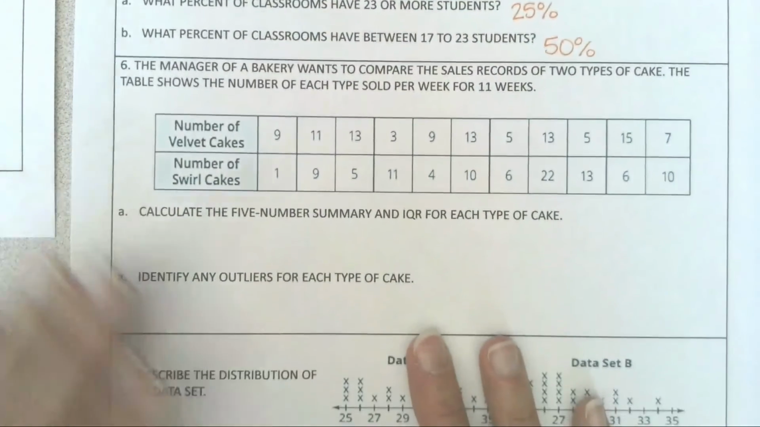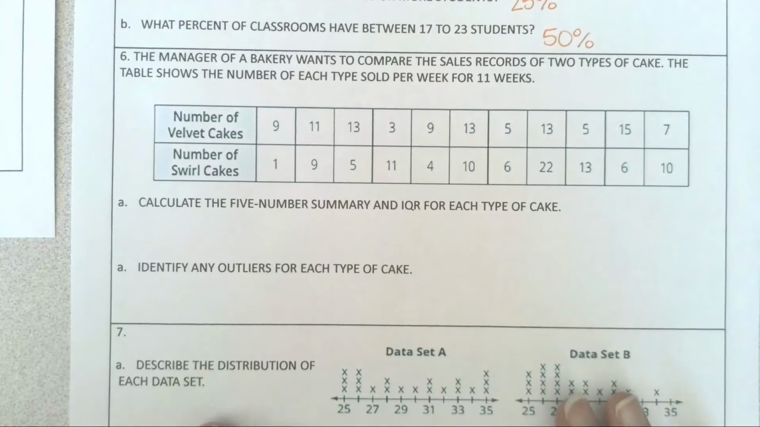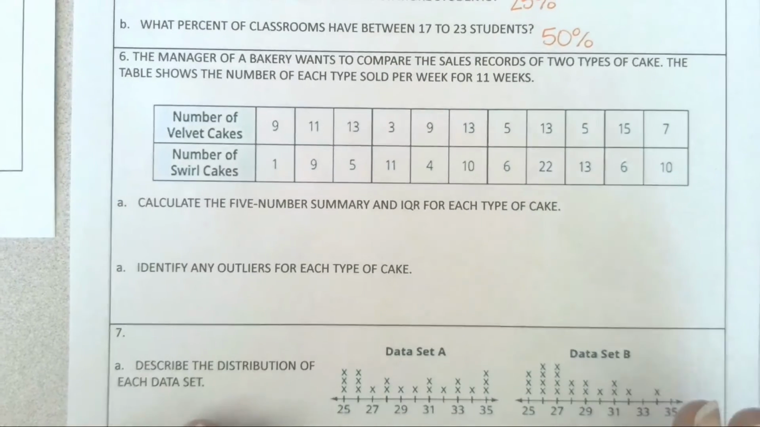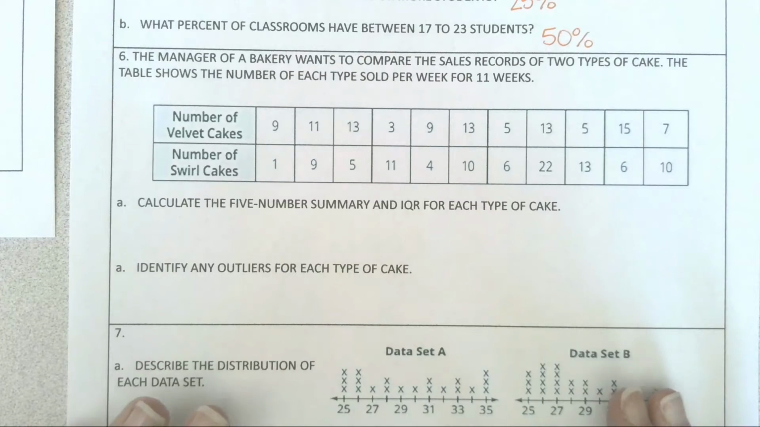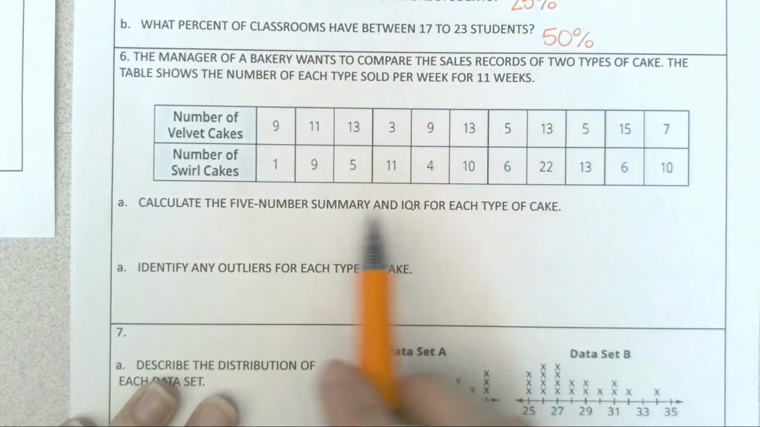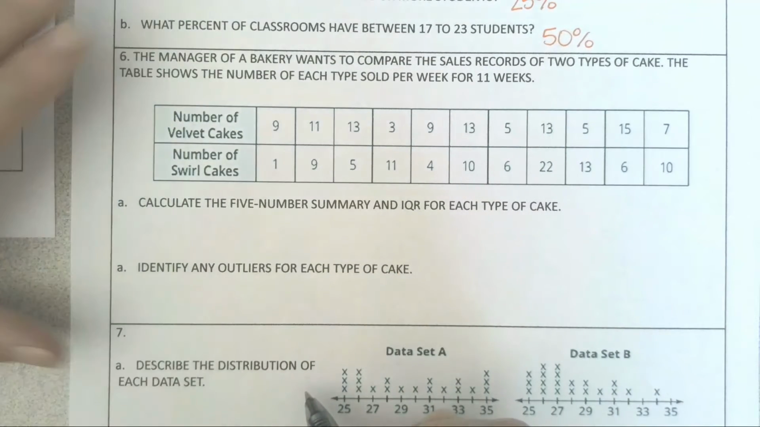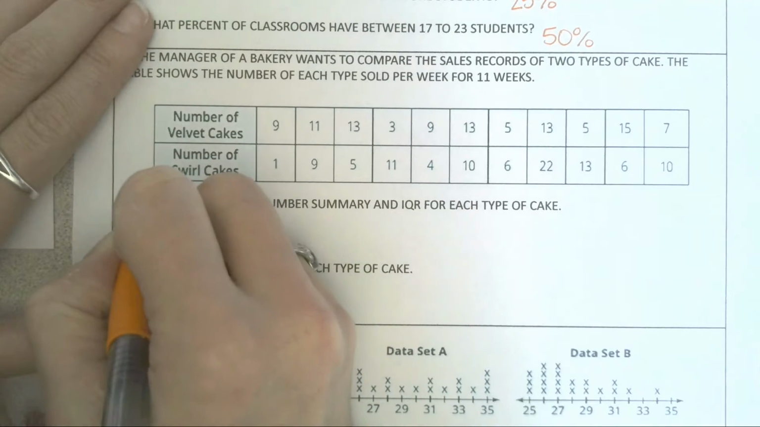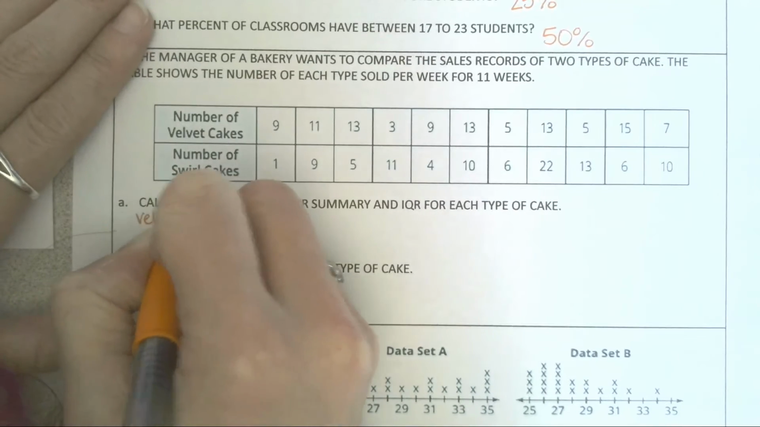Number 6, the manager of a bakery wants to compare the sales records of 2 types of cake. The table shows the number of each type sold per week for 11 weeks. We want to calculate the 5-number summary and IQR for each type. So, for velvet,